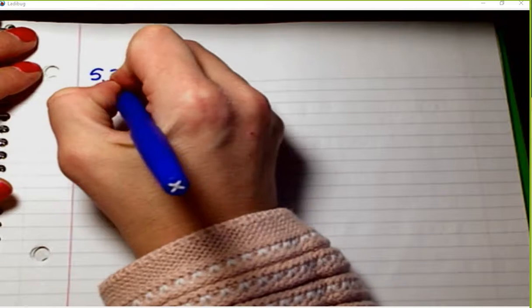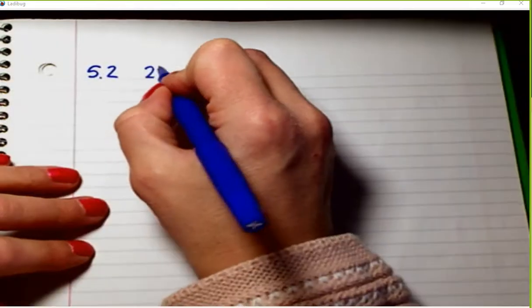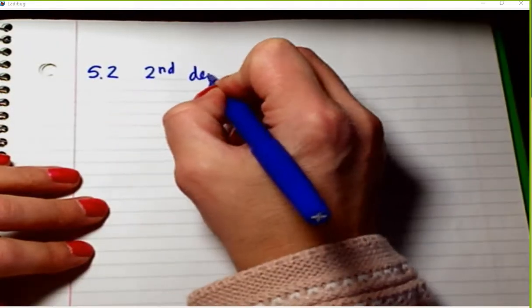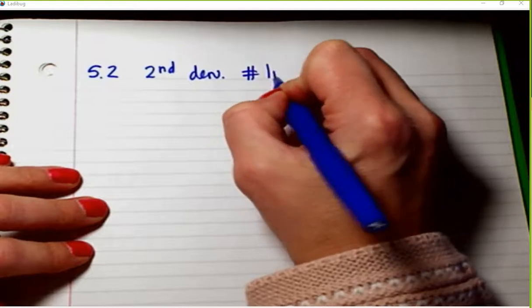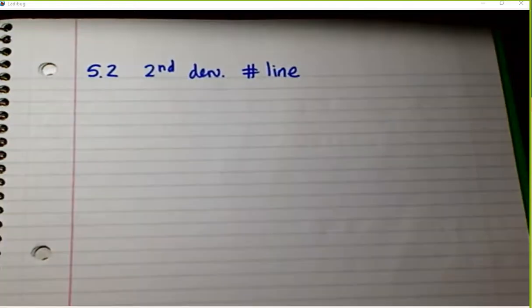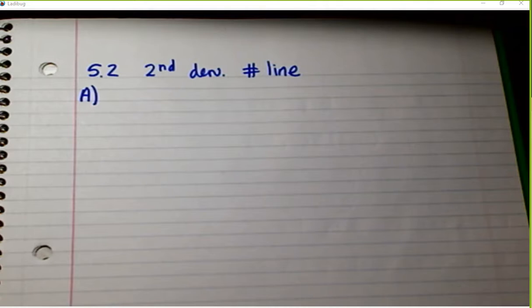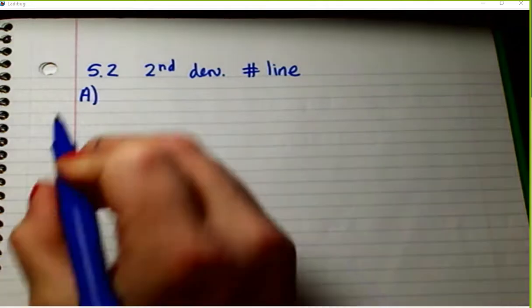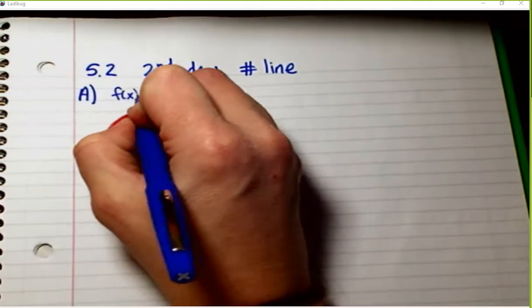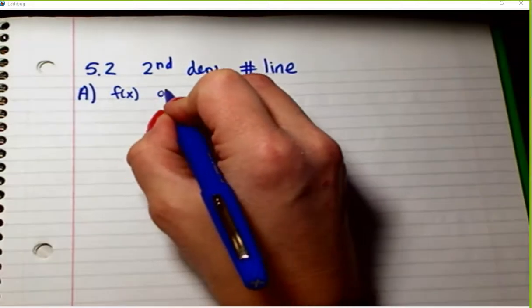So there you go. All right, we are going to start with 5.2, and we're going to look at the second derivative number line today. So last class we did the first derivative number line, okay? Now, I'm going to go back and remind you. So we have a sentence that f of x is the original